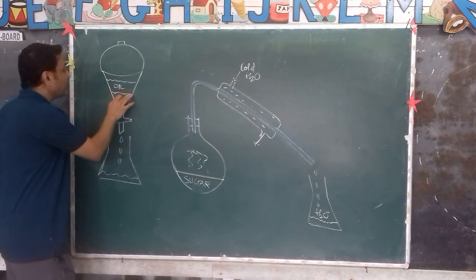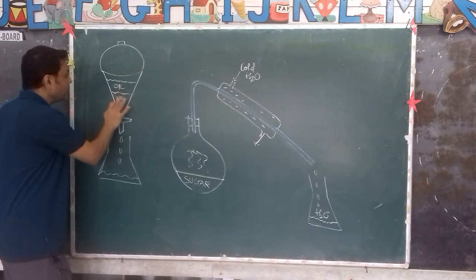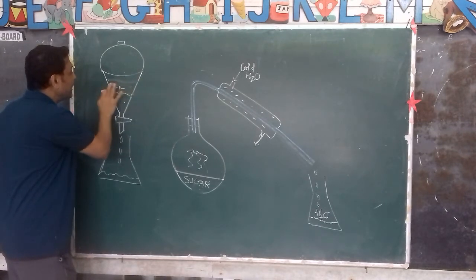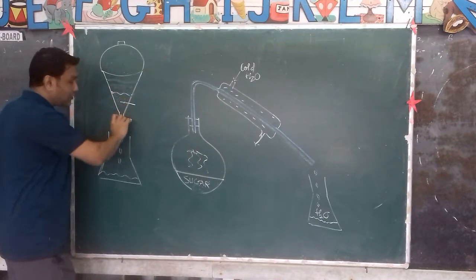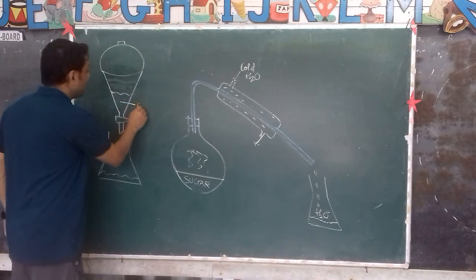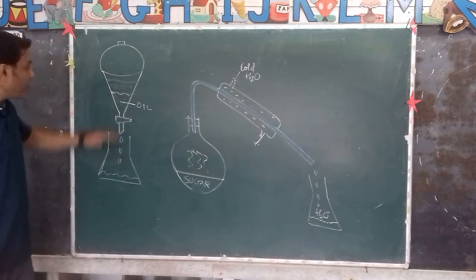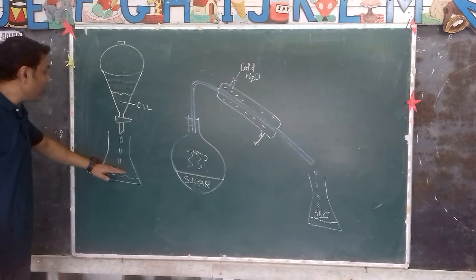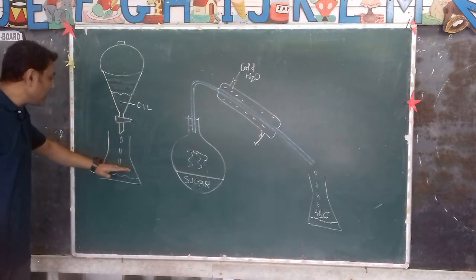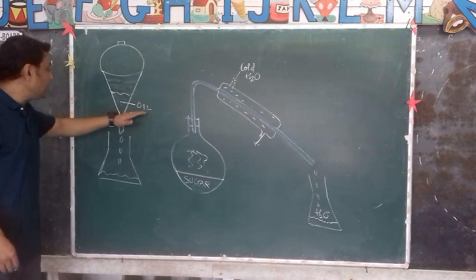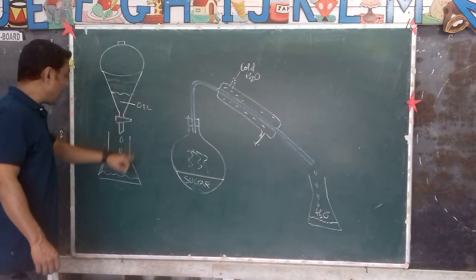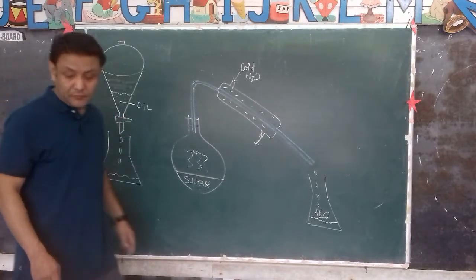Now as the level of the water goes down, the level of the oil also reaches here. As the level of the oil reaches here, we close the stopper and we get oil here. The oil will be stopped in the separating funnel, and the water is allowed to drop through the separating funnel and collected in the receiver. This is how we separate the mixture of oil and water, or in other words,